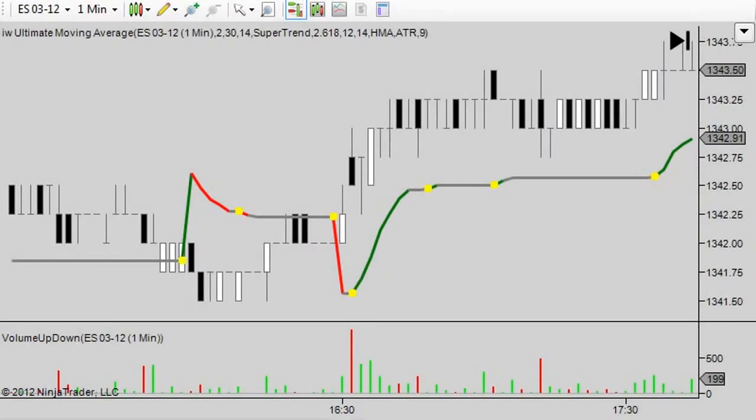As I mentioned, the ultimate moving average is an extremely configurable and easy to use tool. So I chose to apply the super trend moving average. And here we have a few things to look at. So as you can see, the line changes color where there are trend changes or when the market is trading flat. So here we have a trend change indicated by a change in color and also a yellow dot at